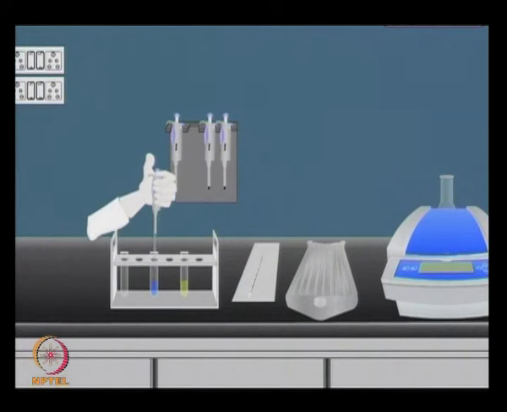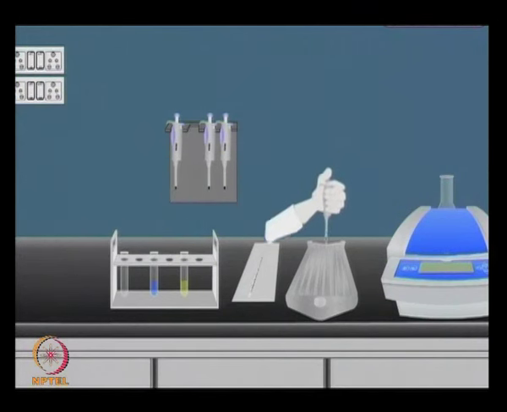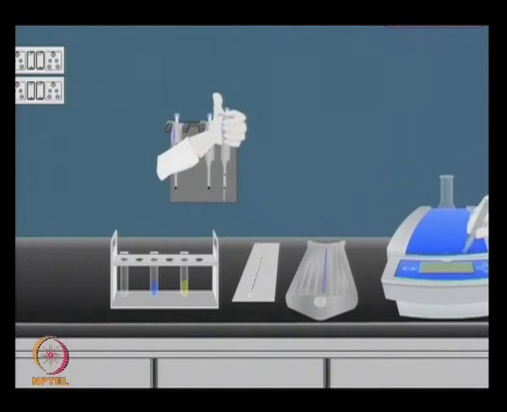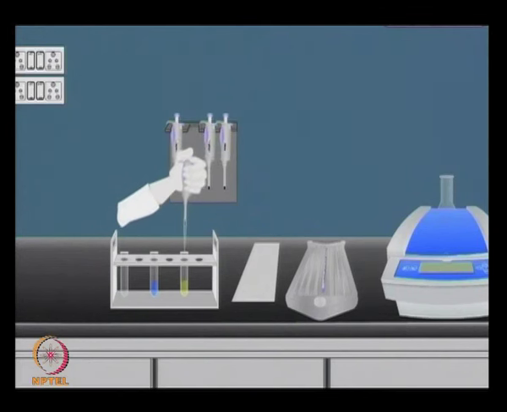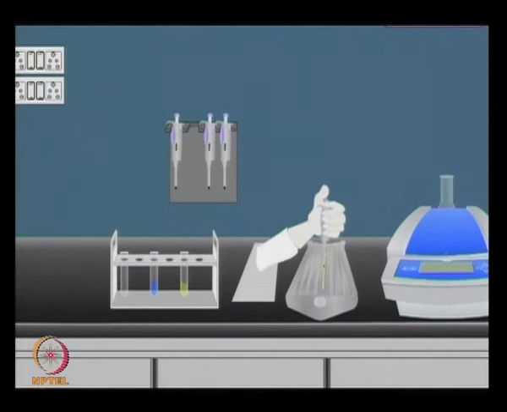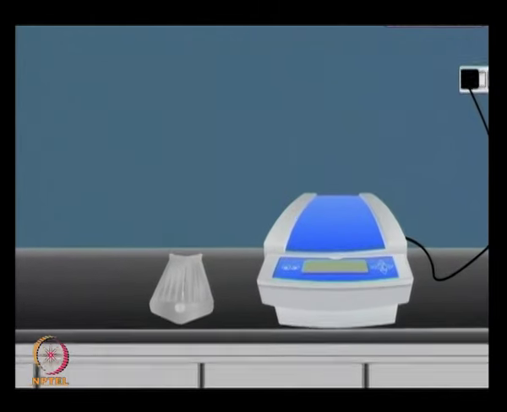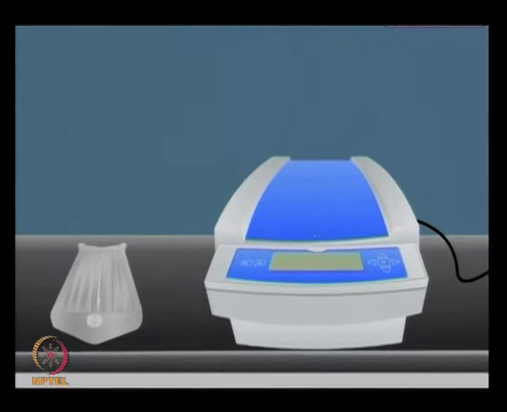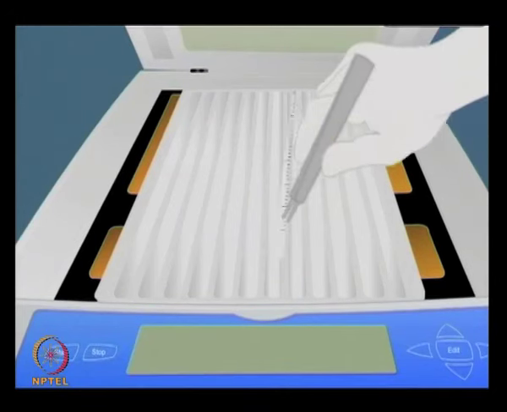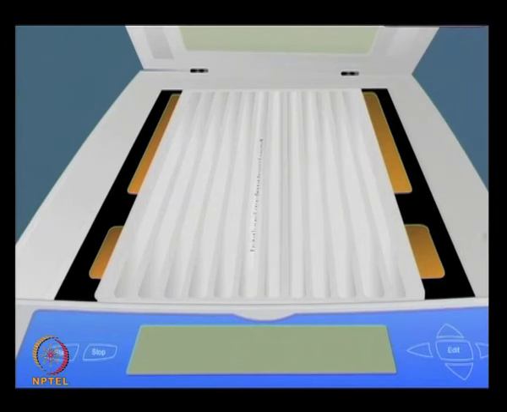Once you have obtained a good amount of proteins, which was determined by the protein quantification, now proceed for the rehydration of immobilized pH gradient strips and focusing of these rehydrated strips. So, remove the IPG strip from the cover, place it in the rehydration tray, add the reconstituted protein sample on the strip, pour mineral oil to prevent it from drying, and then move forward for the isoelectric focusing.